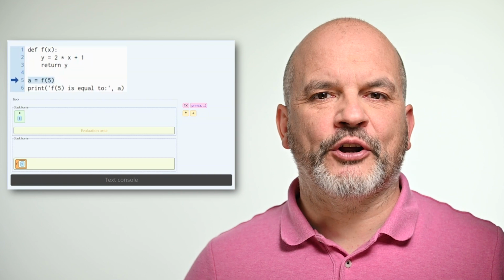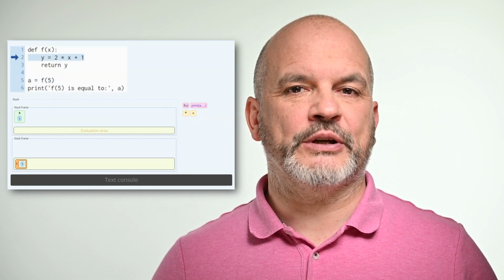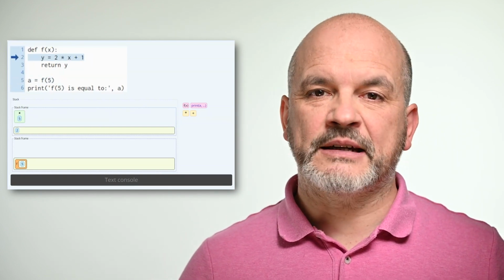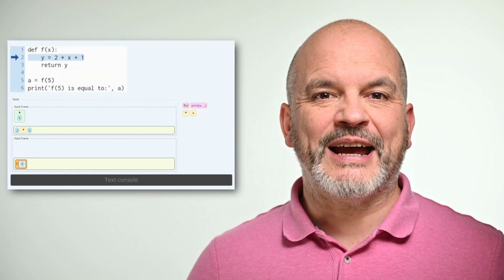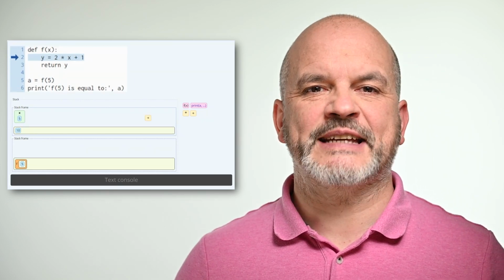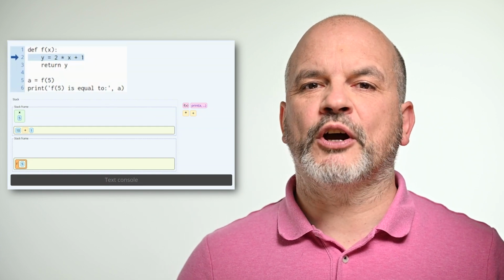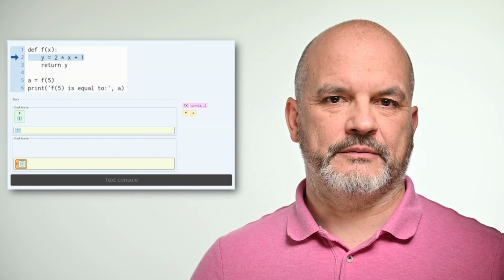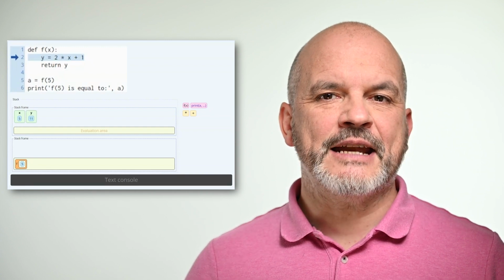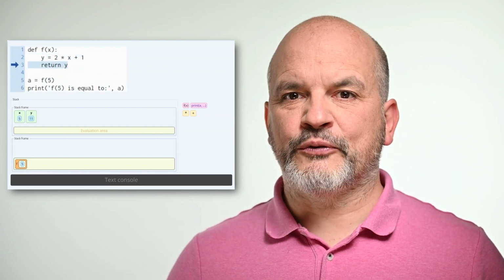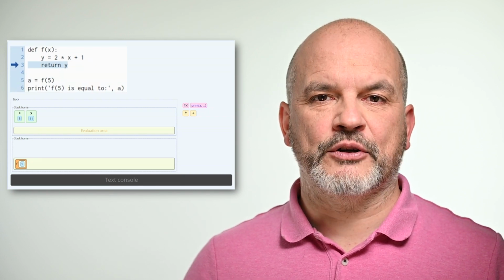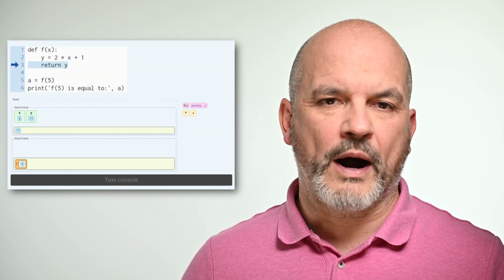Now, the interpreter executes the statement in the body of the function, starting with the statement on line 2. It evaluates the expression on the right-hand side of the assignment operator, which returns a value of 11. The value is then assigned to the variable y. Finally, the function returns the value 11 assigned to the variable y.